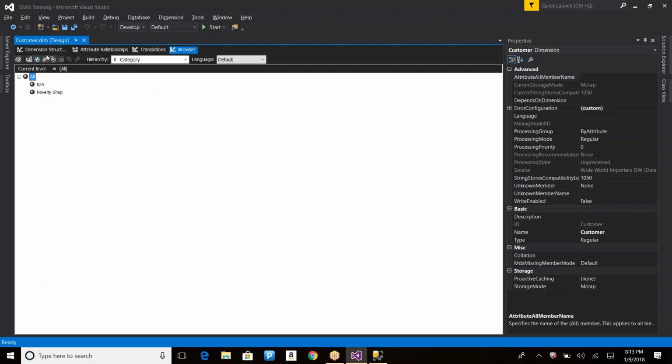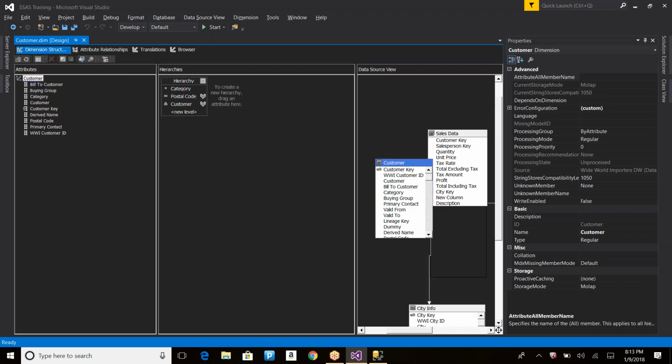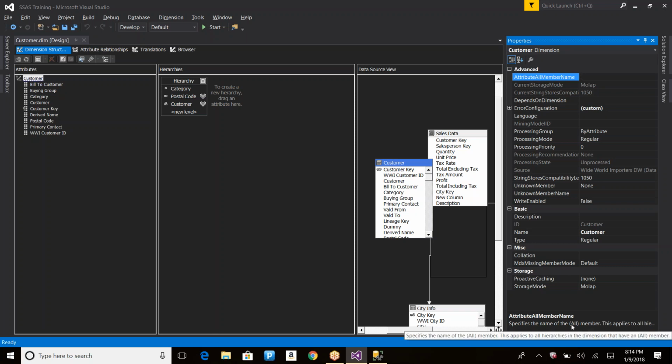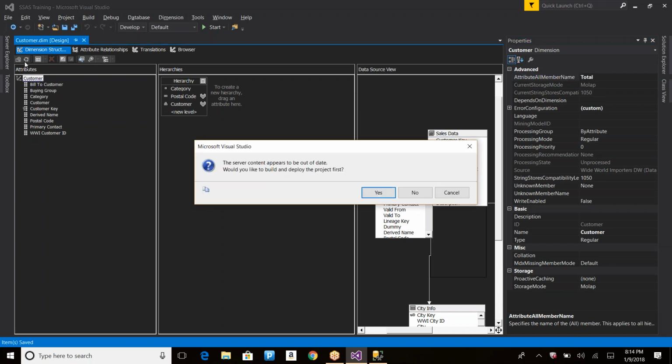Okay, so by saying that, if you see the name of the attribute, it says all member name, and at the bottom of the properties pane, it gives some information about the property that you are highlighting. Specifies the name of the all member. So instead of showing all, you want to show some specific name for that. For example, instead of all members, total. Somebody likes to see it as total instead of all. So in that case, if I set it to total, and if I quickly reprocess it,